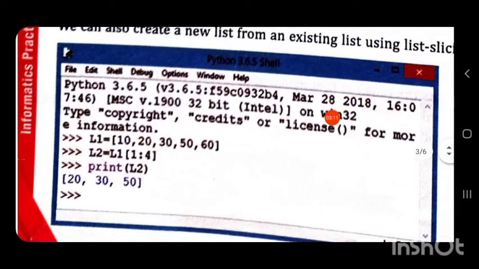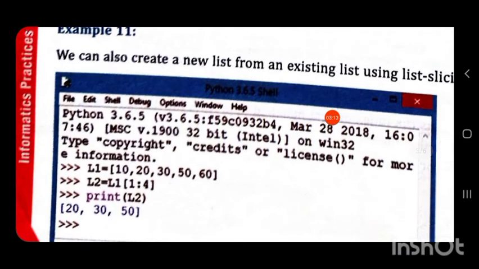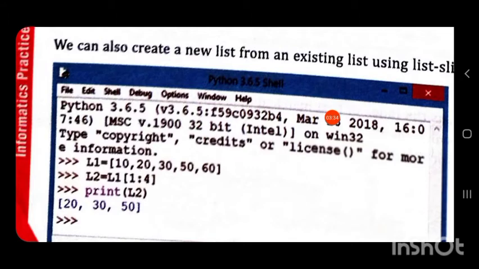L2 = L1[1:4], that is from index position 1 to 4. 1 indicates the start position, 4 indicates the end position. So, we consider the values from 1 to 4 minus 1, that is 1, 2 and 3.